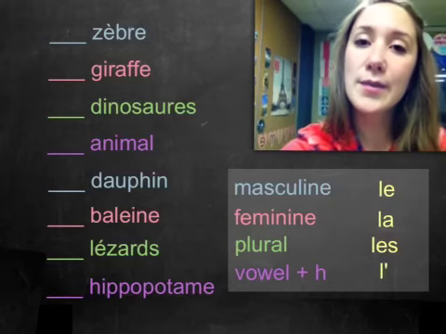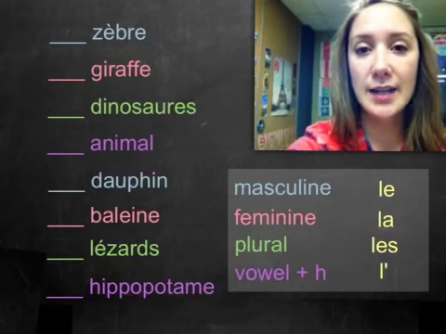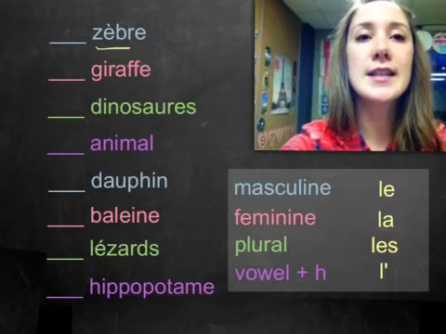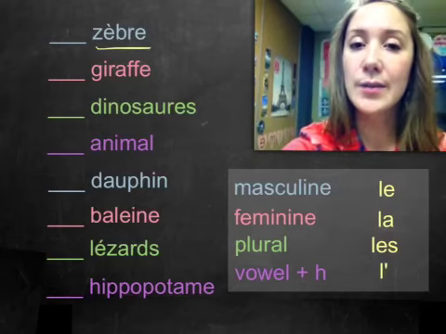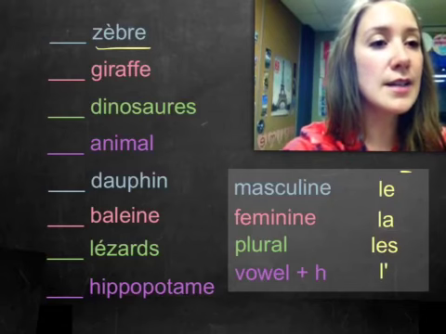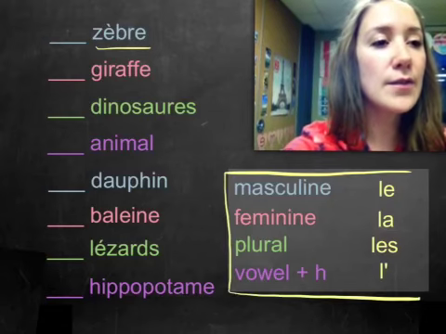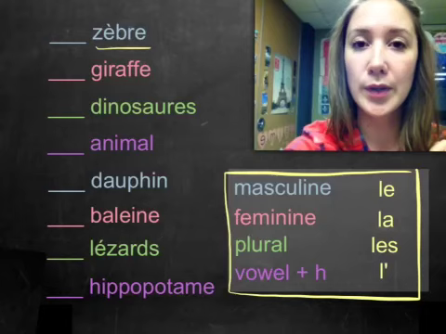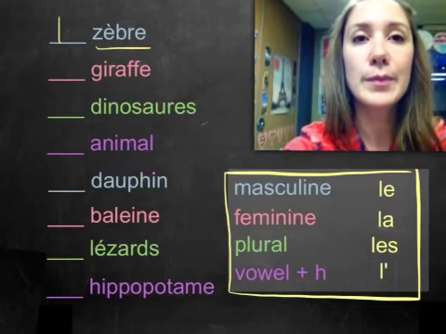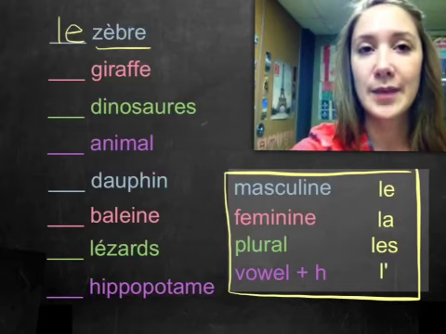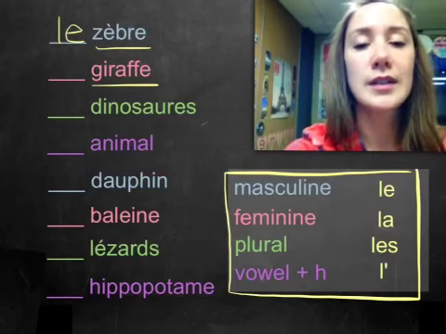So let's try some of these out and make sure that we understand. If I wanted to say zebra, zèbre, this is a masculine noun. So look on in our list here and see if you can figure out which definite article I will use for zèbre. I'll use le because it's masculine. What about giraffe?